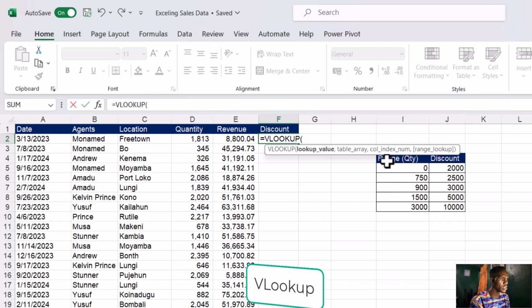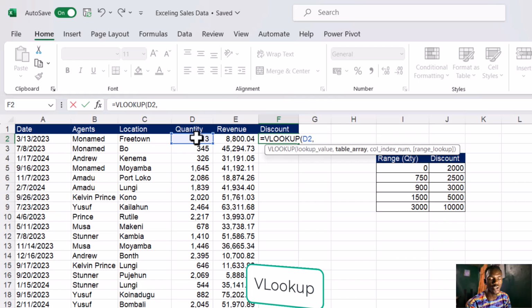Our table here talks about our quantity discounts. If we meet a certain range of quantity, we need to look up the discount and return it, instead of us typing it one by one. This is 8,800, and we need to know. Excel makes it very simple. So all we need to do is select our quantity here,